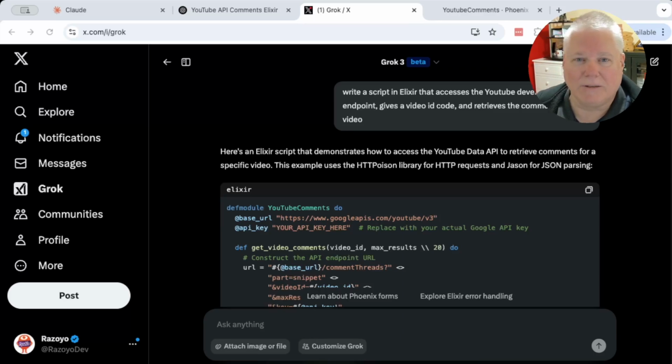I'm going to discuss the first thing I had it do, and I'm working in Elixir. If you're a developer, Elixir's a well-known language. It's not one of the very most popular languages, like Python. It's not Rust, it's not Java. But it has a couple of really great advantages. One for testing this kind of thing is you get an idea of how deep the model is. If the model can write decent code in Elixir, you know that it's got a pretty decent memory and it's been trained well on a wide variety of languages.